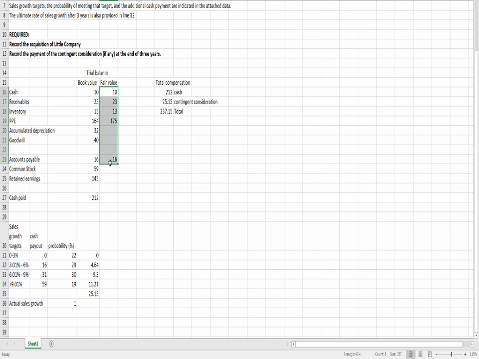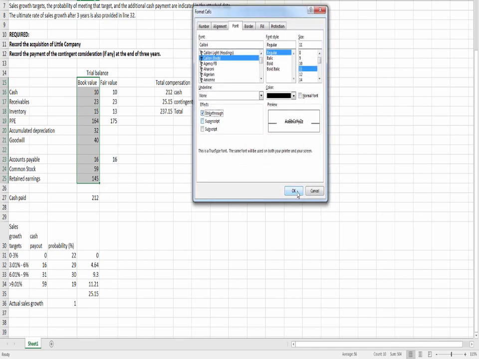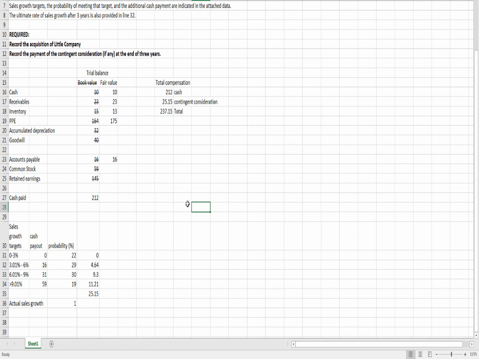We're buying this bundle of assets. Again, all of the book values are completely irrelevant to us. What we're concerned with is the fair value of the bundle of assets that we've acquired. So the fair value, what are we acquiring? We're acquiring cash and receivables and inventory and property, plant, equipment. We're also assuming some liabilities, so I'll subtract those out. So the fair value of the net assets